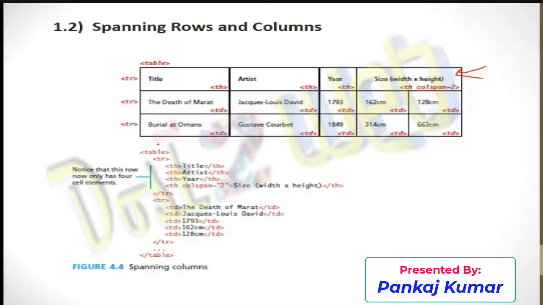Same way, it will be very simple. Use the table tag, use the table row. Now in the table row, when you create, you can see here title, artist, year, and size, right? That means this is your table header. Now you have to define the table header inside the table row. But you can see here at the last table row, that means column, we want the two column span. That means two columns should join together. Then you have to use th colspan, that is column span equal to 2. So two columns will join, and it will combine this.